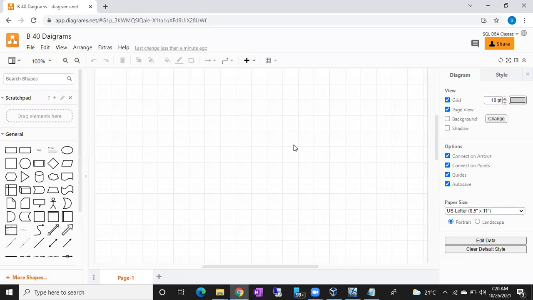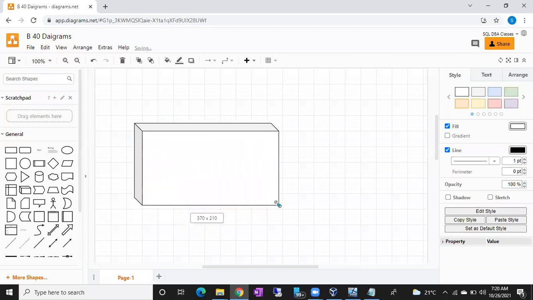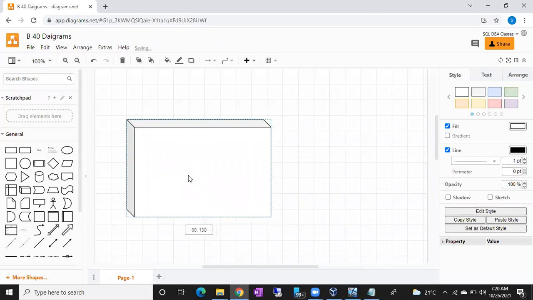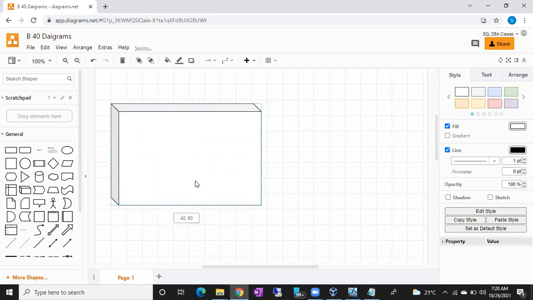Let me explain what these remote connections and Windows RDPs are. For example, imagine this is your Windows server. This is your organization.